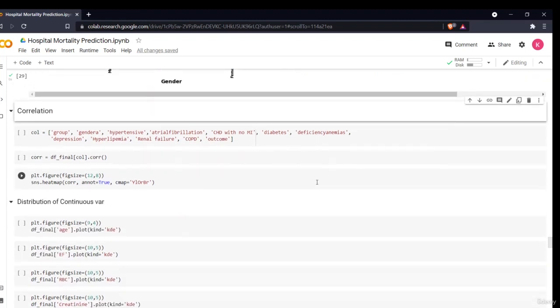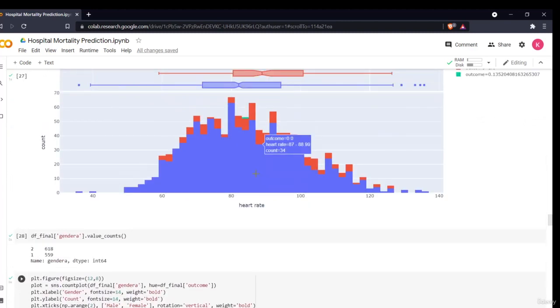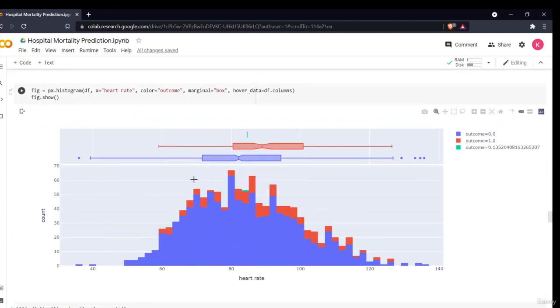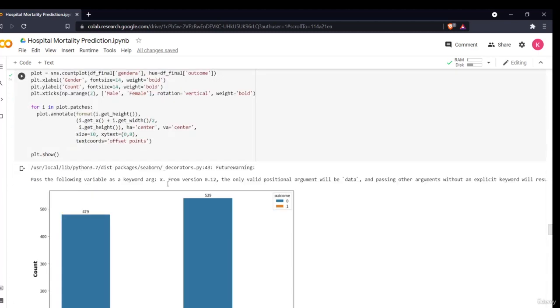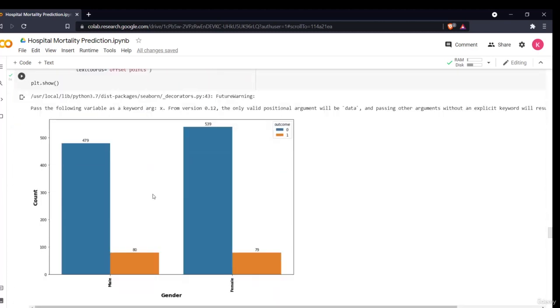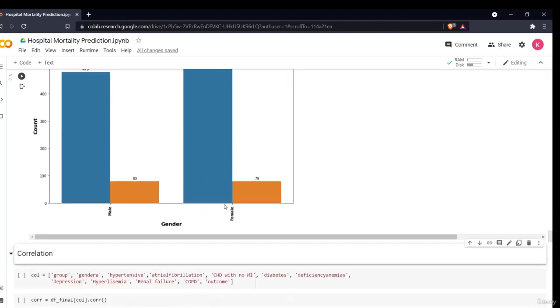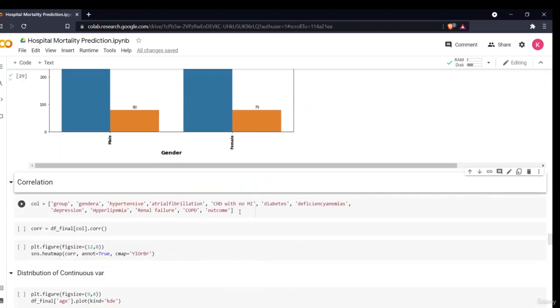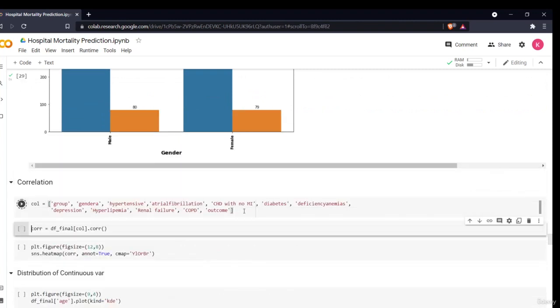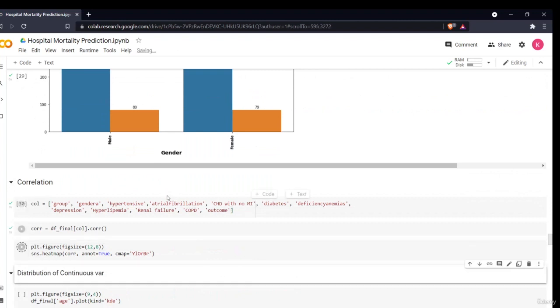Hello all, welcome back to the next part of our data analysis section. Previously we saw different graphs, and how different factors are affecting our death rate or mortality rate. We saw that the number of female people is greater, and male people are dying more than female. Then the next thing we'll be doing is seeing different correlations between variables,